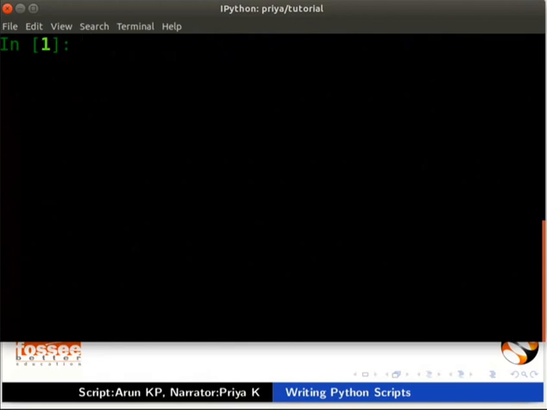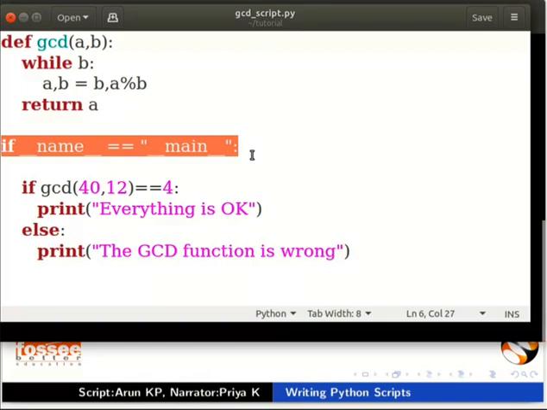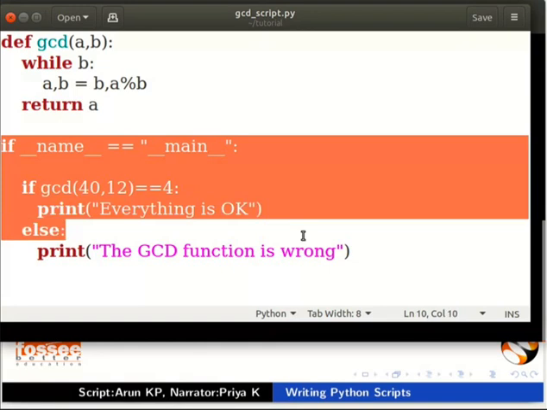Open another terminal. Type IPython3. Now we will import gcd_script.py. Type import gcd_script. We can see that now the test code is not executed. Everything is okay is not displayed as output.